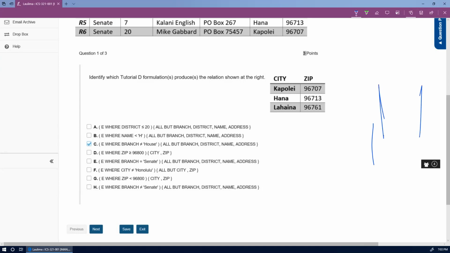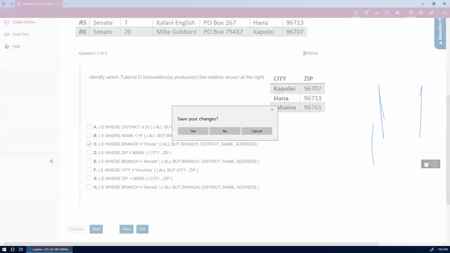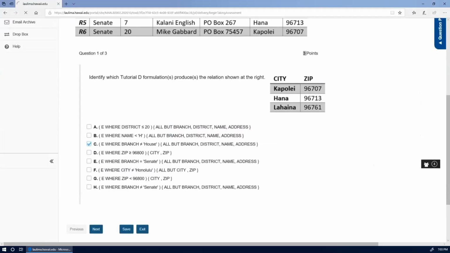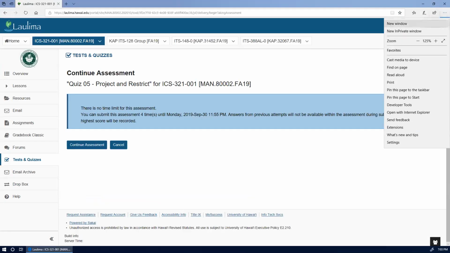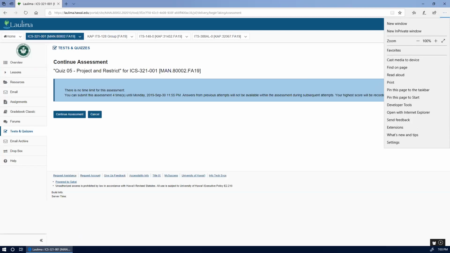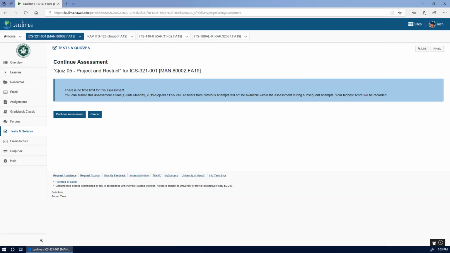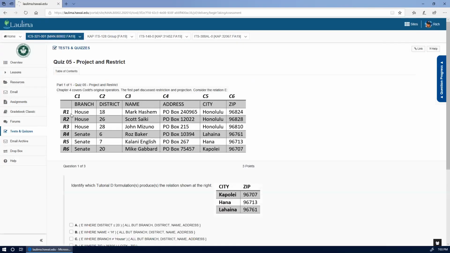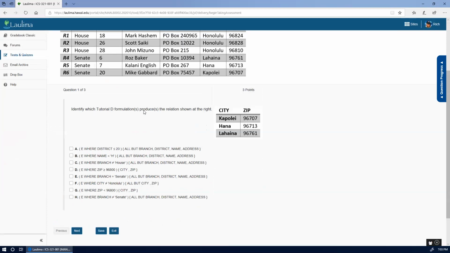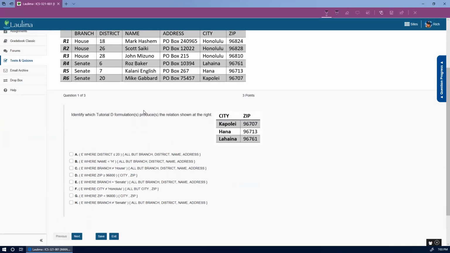I don't want to do that. Let me get this. Close this for a second here, and let me make this a little smaller. Continue assessment. Okay, I guess I have to use this if I want. All right, so let me go back to here. All right, so